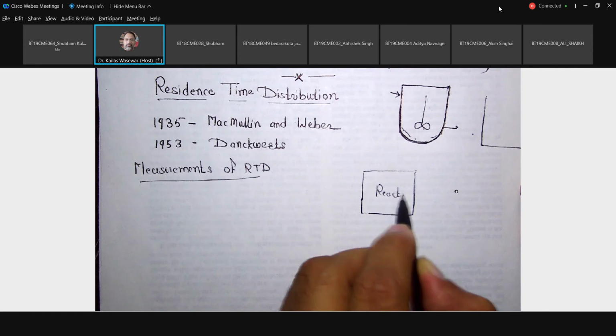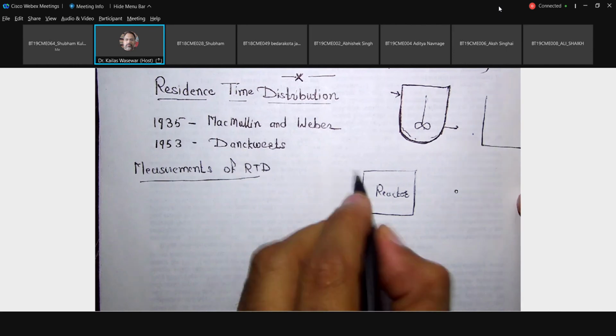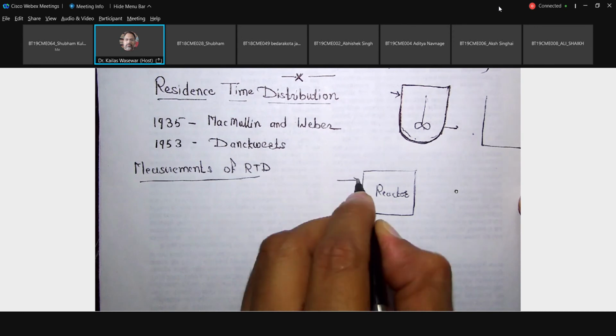It is not applicable only for the reactor; it is applicable to equipment also. Suppose some separation column is there. In that also there is the possibility of bypass, channeling, stagnant zones, dead zones. So generally we pass a kind of tracer,